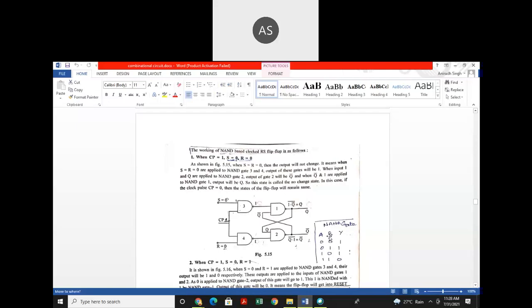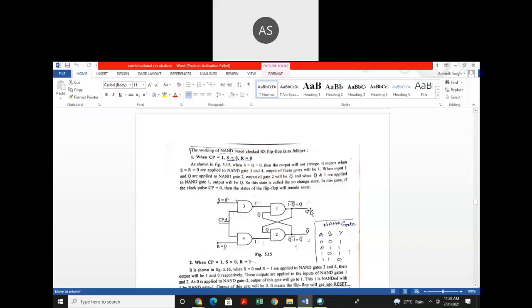This is the truth table of a NAND gate. At the output of both NAND gates, we get 1. If the present state is 0, this 0 is connected here, so 0 and 1 gives 1, and 1 and 1